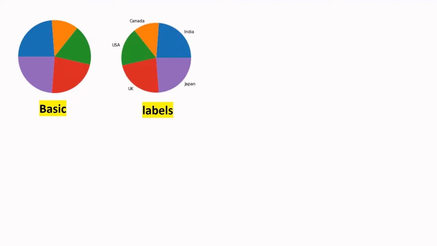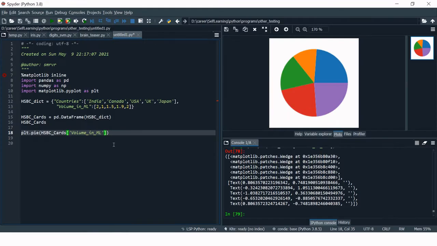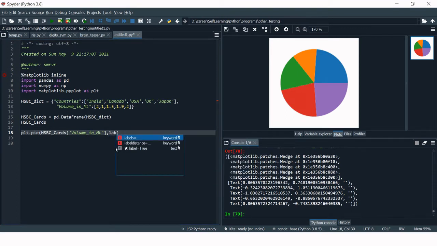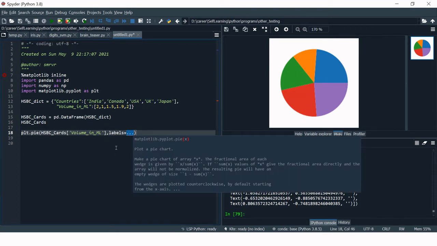What next do we want to learn? Now this is the pie chart you have already created. Now you want to know which color represents which part, which market. For that you're going to use labels.